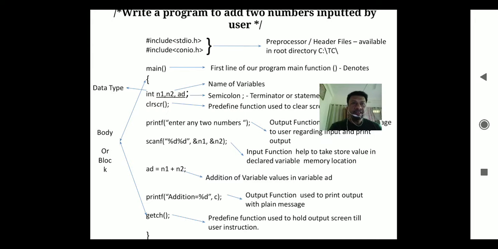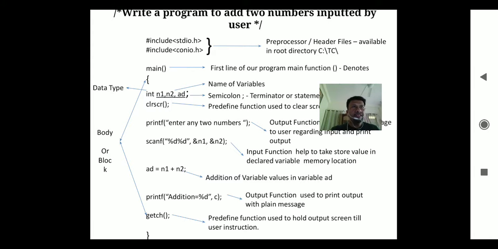In this function there is no parameter, that is, this is a non-parameterized function. We are using three non-parameterized functions in our first program, that is main, clear screen and getch. Here in the round brackets we do not mention any variable. Then the second line is the curly bracket. Curly bracket is generally used for the block or the body of the program, the function body, or when we use a loop we use this block, curly bracket start and curly bracket end.